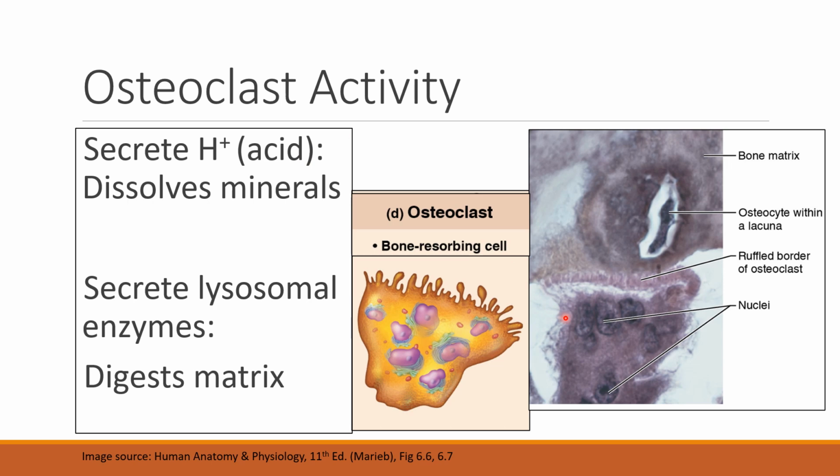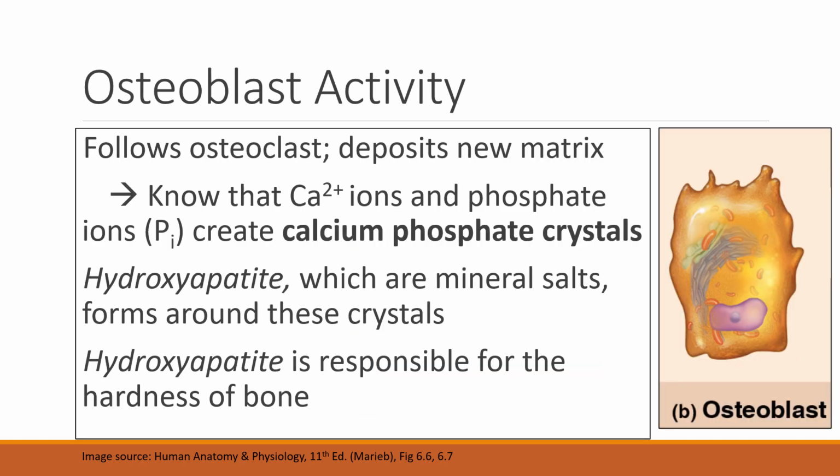So that's a two-step process of how the osteoclasts break down the bone. In reality, it's much more complex than that, but this is just what I want you to get to know for now. All right. Once the osteoclasts are done, the osteoblasts will come along and continue the process of building new matrix upon that bone. So how does it do that? Again, the actual process is quite complicated, so I summarized it here on this slide. The text will have a little bit more detail in there, but